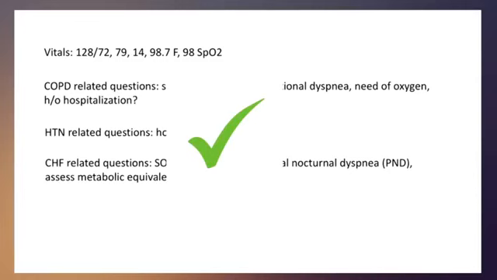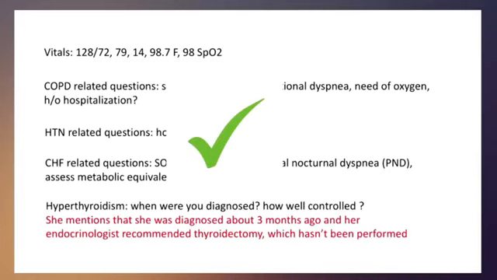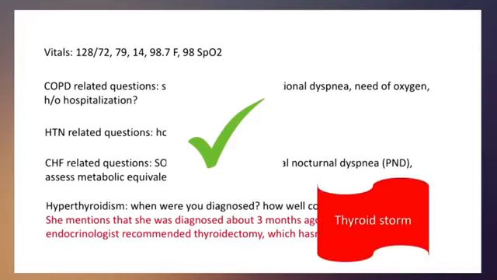You don't forget about the history of hyperthyroidism, and you ask her when that was diagnosed and how well controlled it is. She mentions it was diagnosed about 3 months ago, and her endocrinologist recommended thyroidectomy, which hasn't been performed. Okay, here we go, red flag, because patients with uncontrolled hyperthyroidism are at higher risk of sustaining a thyroid storm,